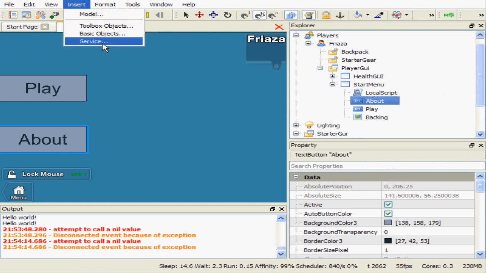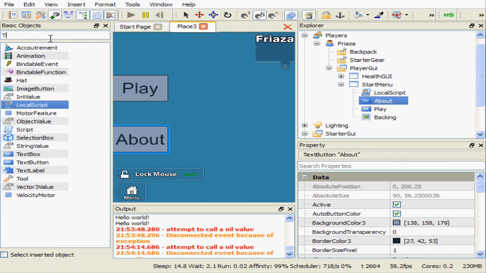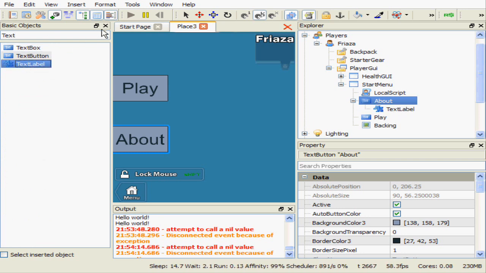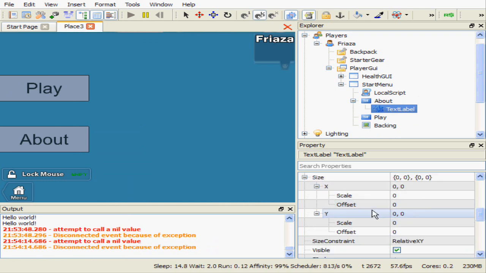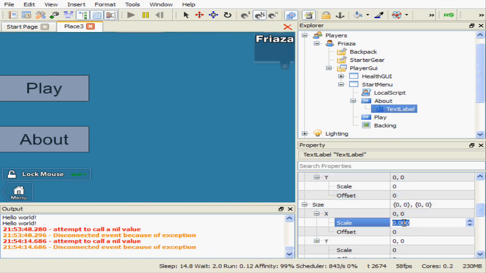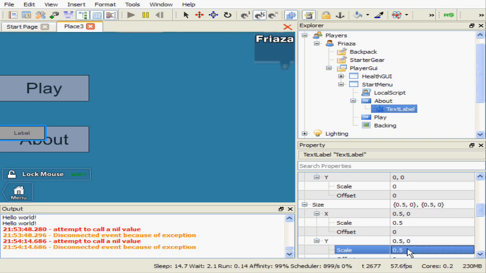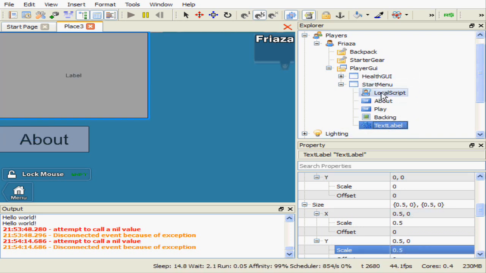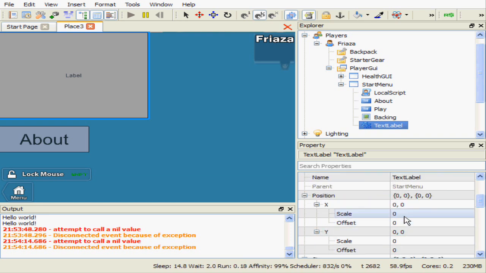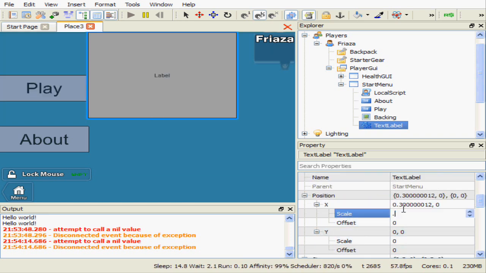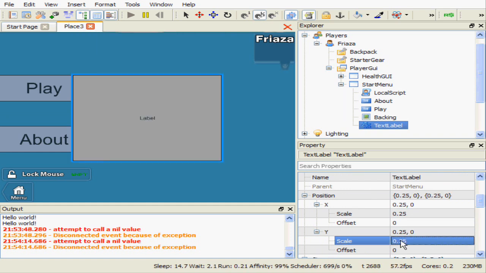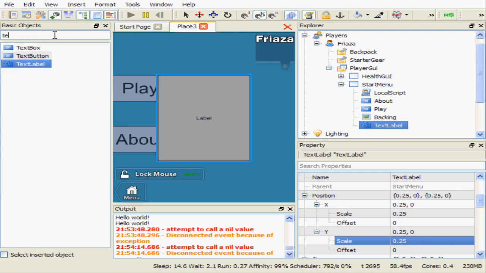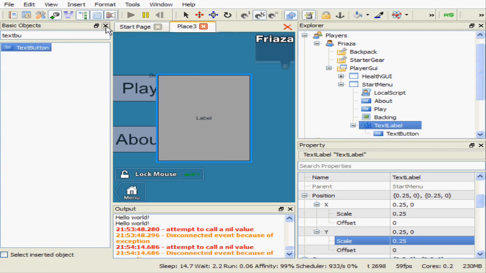Now for the about button, what I'm going to do is add a text label and make it size 0.5, and put it in the start menu here. And I'm going to position it at about 0.25, and I'm going to insert basic objects text button,